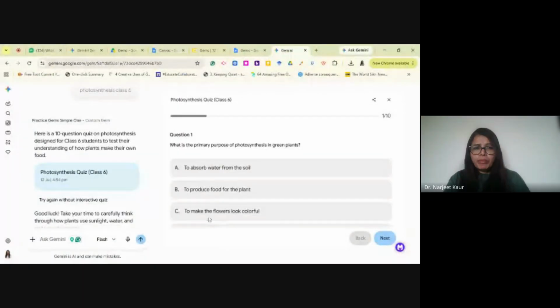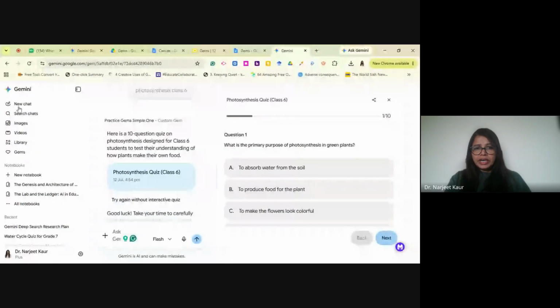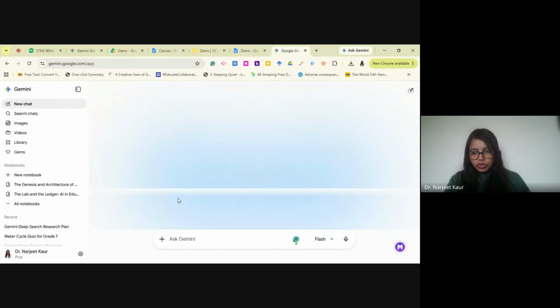For now, Harpreet can do it, but before that, just one more minute. If you feel that you do not have proper instructions to create a gem, or you don't know how to create one, because every time you create a gem it is not working the way you want it to, you can also ask Gemini to create the instructions for that gem for you. For example, I write here, please create